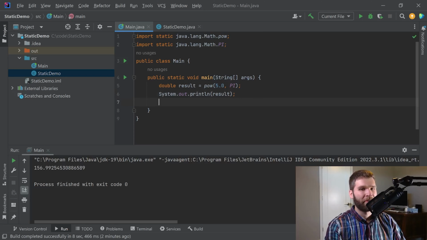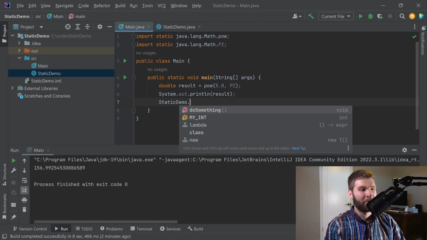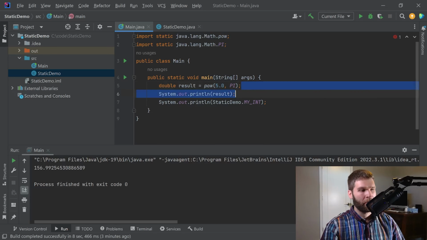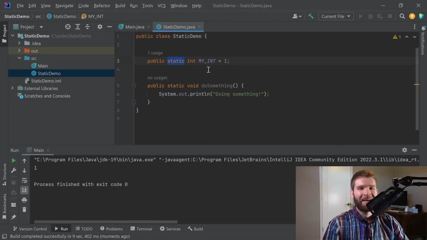So now if I wanted to access the myInt field from within static demo, I would do static demo.myInt. Now I want to print it out. And I'll go ahead and just comment these out here for a second. All right, cool. So the important thing to know about static fields is that when you are making various instances